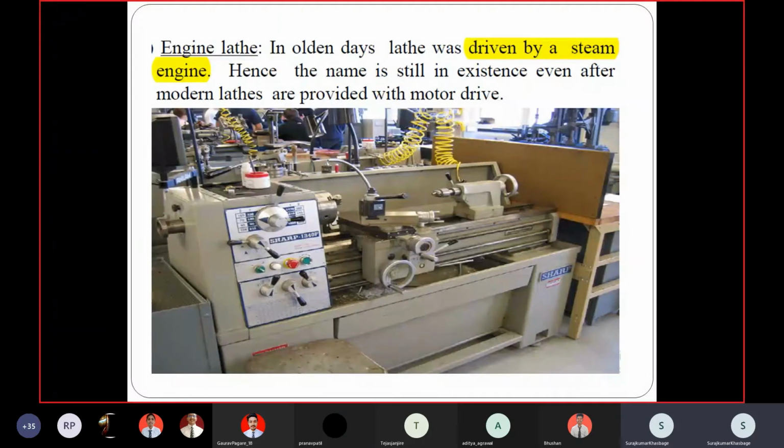Then the engine lathe. This is the most popularly seen lathe machine. In earlier times, electricity was not invented to give power to machinery. So most of the lathe machines were running on engines. That's why the name engine lathe is given. At that time it was running on a steam engine. Today the same name is carried, although it is running on electric power. So whatever lathe machine you see in any workshop is nothing but the engine lathe, although it runs from an electric motor.